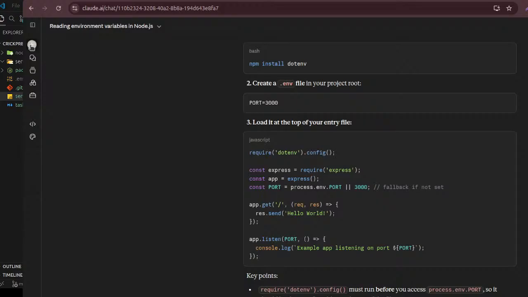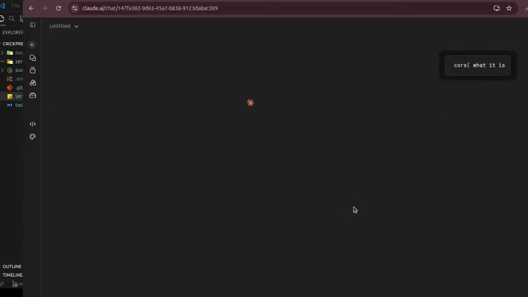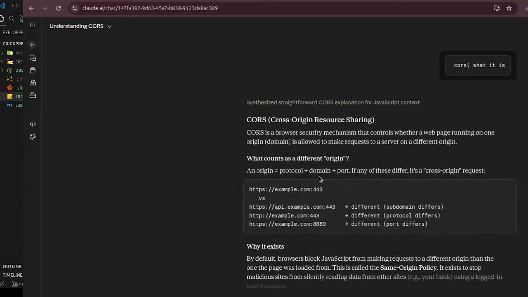If you ask me what is CORS, then, of course, CORS is cross-origin resource sharing.